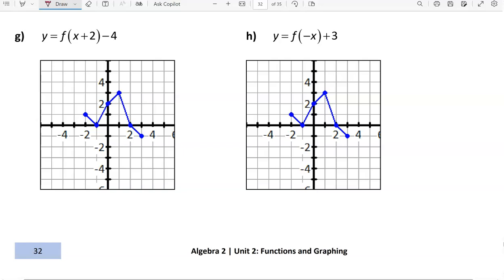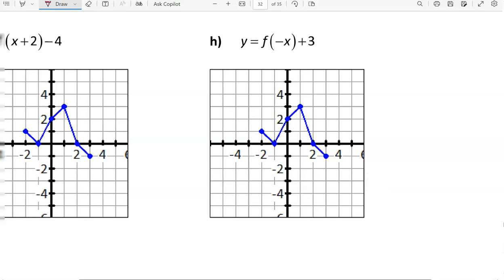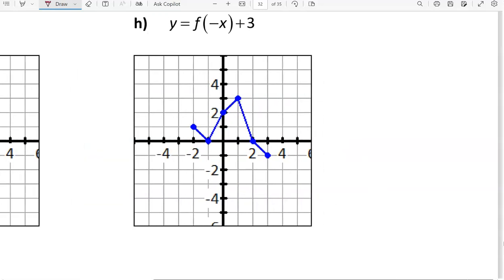We're going to pick up with H on page 32, where the introductory video left off. So we're taking a look at combinations of transformations. I see a multiplication times -1, but it's on the inside of f of x. That means it's a horizontal transformation. So we have a horizontal flip